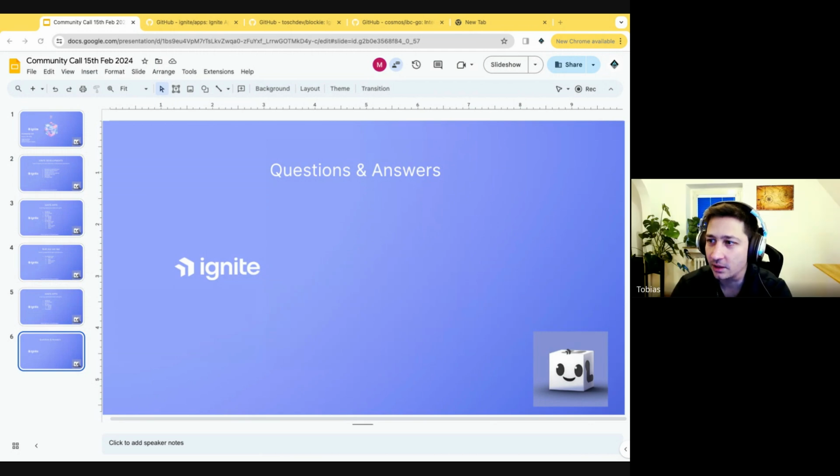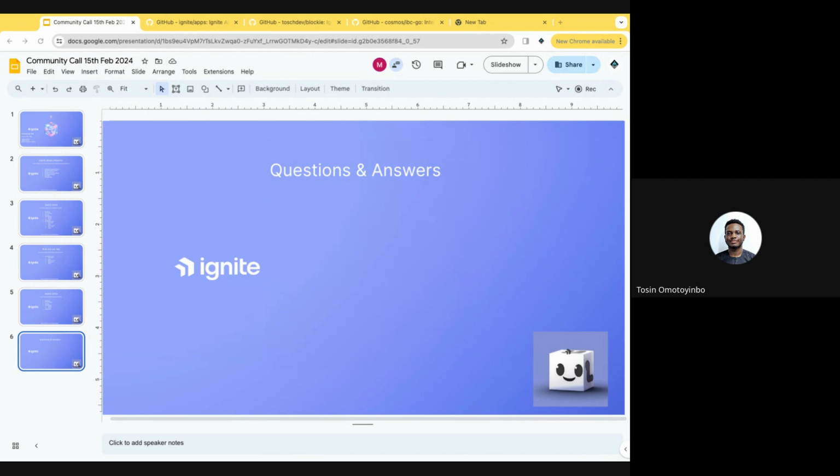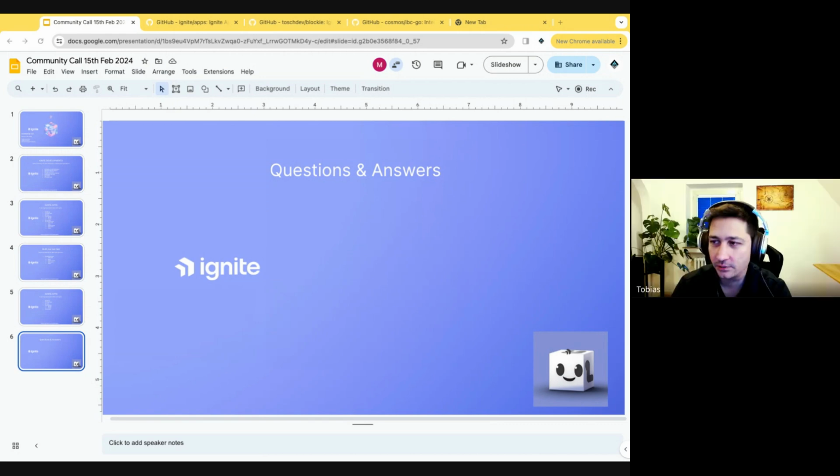Yeah, it's intended to be a marketplace for the Ignite apps themselves. Okay, so I haven't really seen a lot of documentation on it. Is that in progress, or I just haven't discovered it? You mean documentation about the marketplace? Yeah. It's not released yet. There are first going to be a couple more apps created, and then we'll make sure to properly launch the marketplace. But you've found it on our GitHub, which is great.